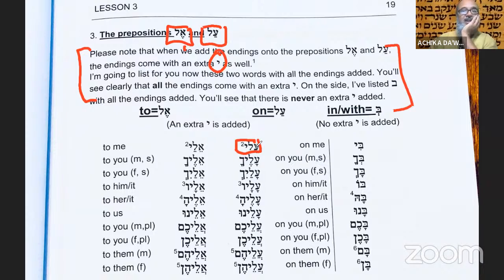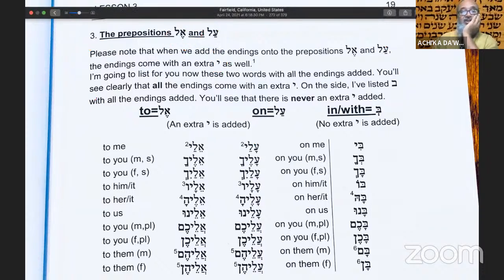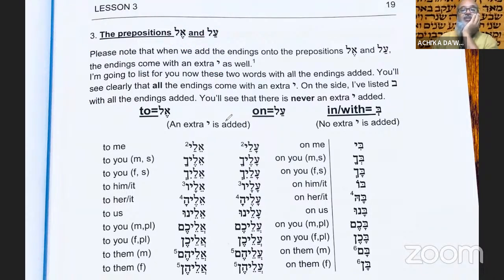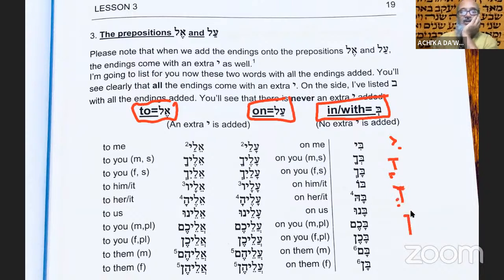They're going to show you that you can add, because remember, we're still talking about adding, different letters to the end. So what you're going to do is use your list that we just showed you on the previous page, that I told you that you need to learn well. They're saying with these particular words here, "el" and "al" meaning "to" and "on," and the "bet" meaning "with," they're letting you know that when you add those endings, the final kaf, the feminine, the two dots,